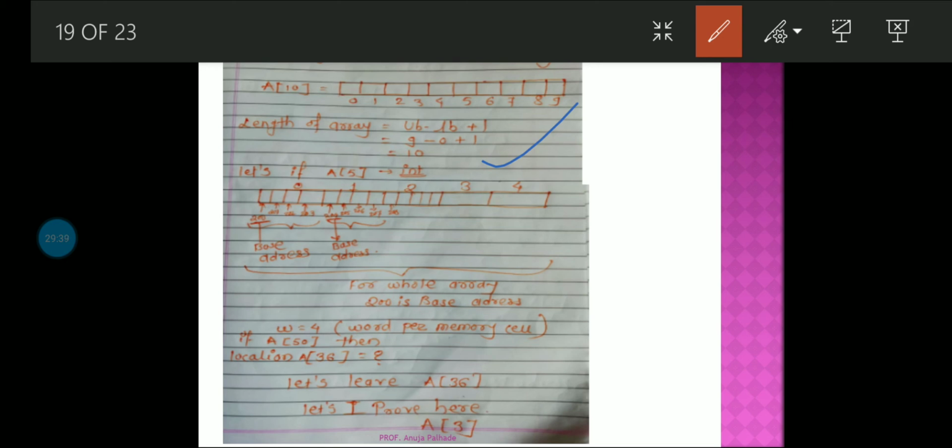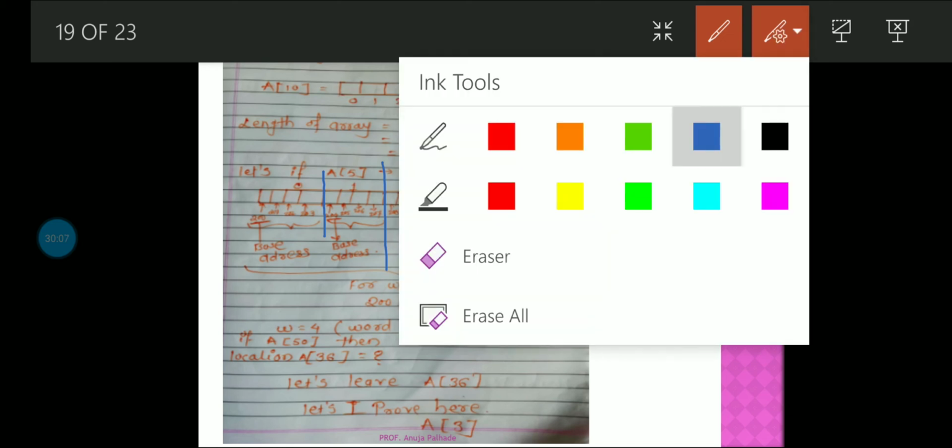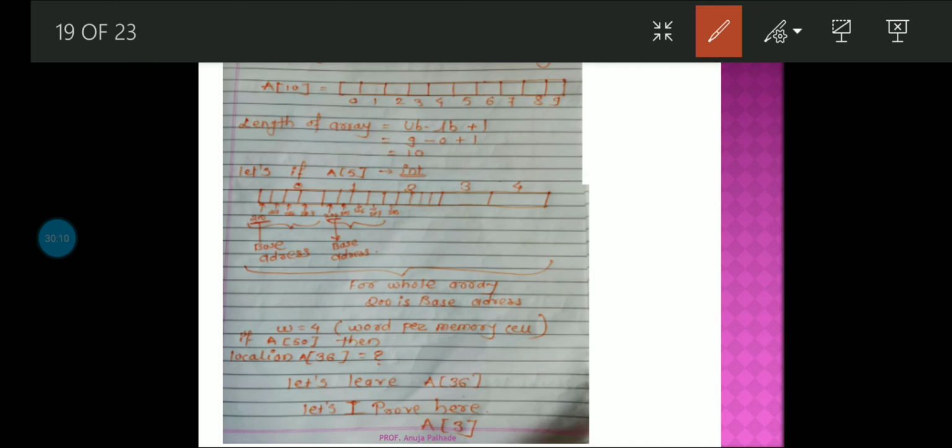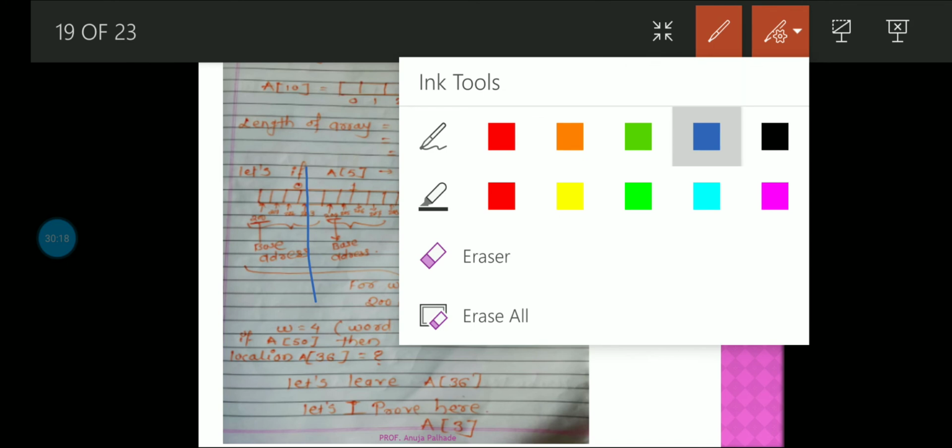Now for A of 5 integer, I have drawn the array. Suppose this is the A of 5 array, you can see this is the 0th cell and then this is 1, 2, 3, 4. This is the 1st cell, then 1, 2, 3, 4, this is the second cell, then this is the third cell, and this is also with the fourth part. So likewise, if I consider this array for all of you, now if the base address is 200, index 0 ends at base address 204.